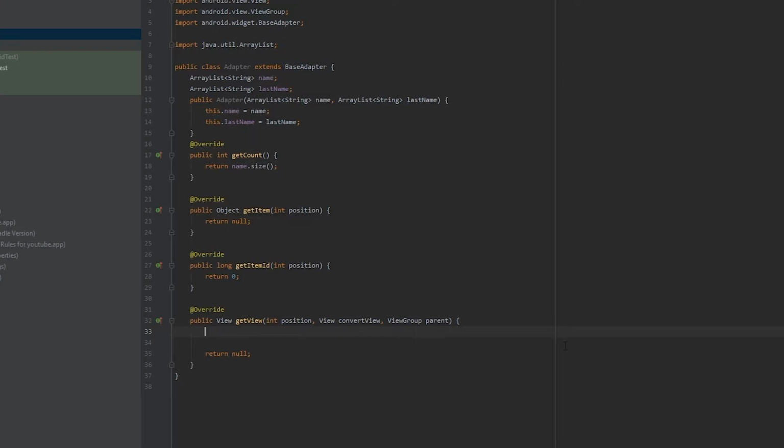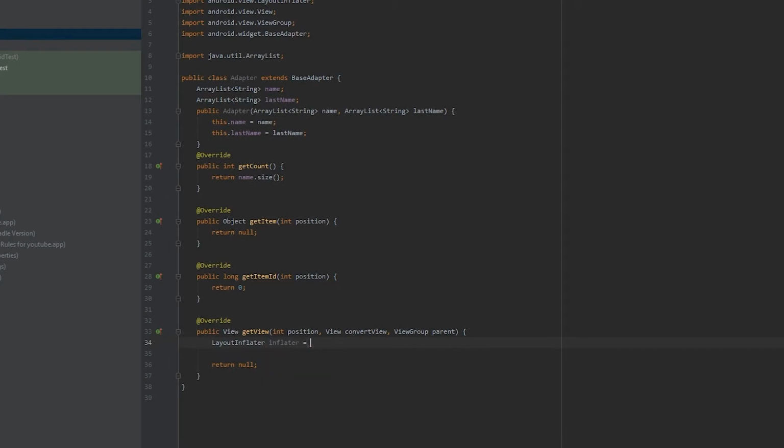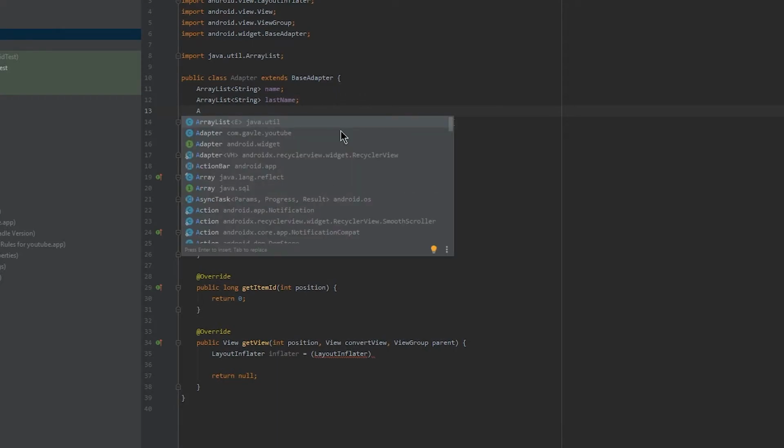So first, the convertView is really important. In the getView method, you need to make a layout inflater, which will go to the XML and get the layout that you want to make as a list. Now you can do it by doing LayoutInflater equals LayoutInflater. You also need to have context in the base adapter, because without the context you can't get access to the XML. So we're going to do context,